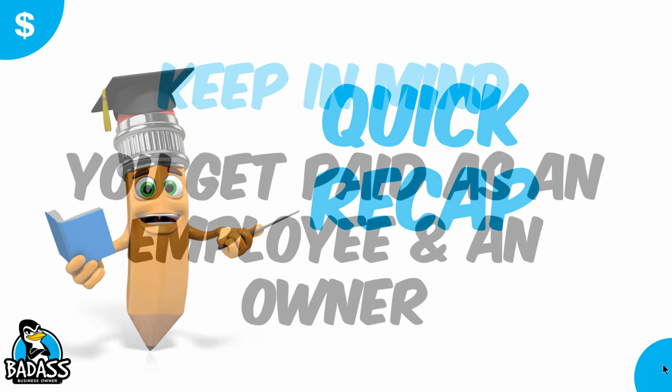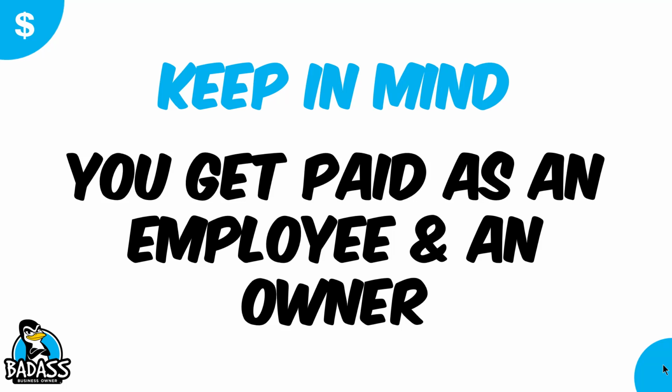So let's do a quick recap. You want to keep in mind that you get paid as an employee, as an owner, and you need to make sure that you keep those two things separately when you're setting the markup. You need to make sure you capture what you're paying yourself as an employee in your business. And then when you're looking at profits and what's included, that's the business's profits. You just happen to take an owner's draw on it, but you get paid as an employee, but then you also get paid as an owner. They're two totally different things, and you need to make sure that you're capturing both